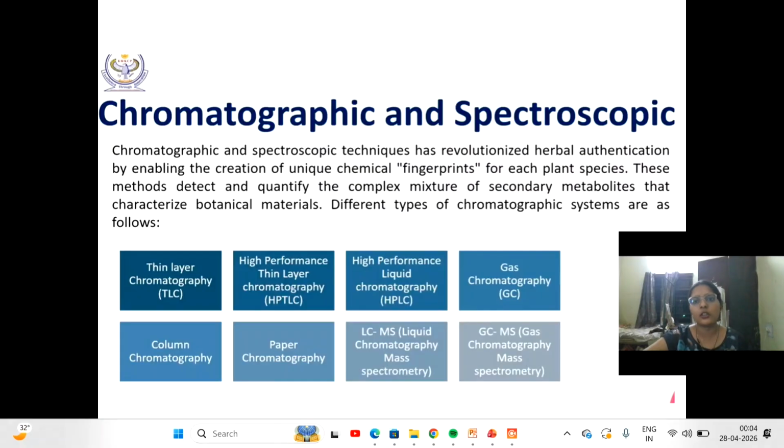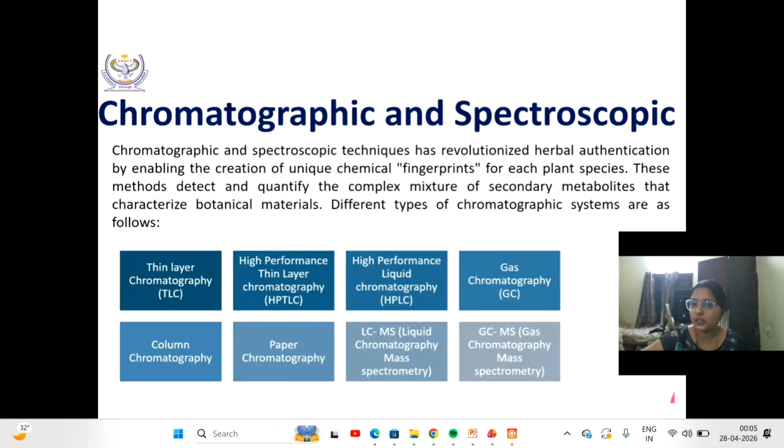So chromatographic techniques revolutionized the herbal authentication by enabling the creation of a unique chemical fingerprint. हर प्लांट का, हर ड्रग का जो एक्टिव कंस्टिट्यूएंट है वो एक फिंगरप्रिंट रखता है, ठीक है, फॉर प्लांट स्पीसीज। ये क्रोमेटोग्राफी और स्पेक्ट्रोस्कोपी की टेक्निक से ही पॉसिबल हुआ है, और ये बहुत बड़ा रिवोल्यूशन है आइडेंटिफिकेशन और ऑथेंटिकेशन की फील्ड में, ठीक है। Next is that they detect and quantify the complex mixture of secondary metabolites, okay, that are